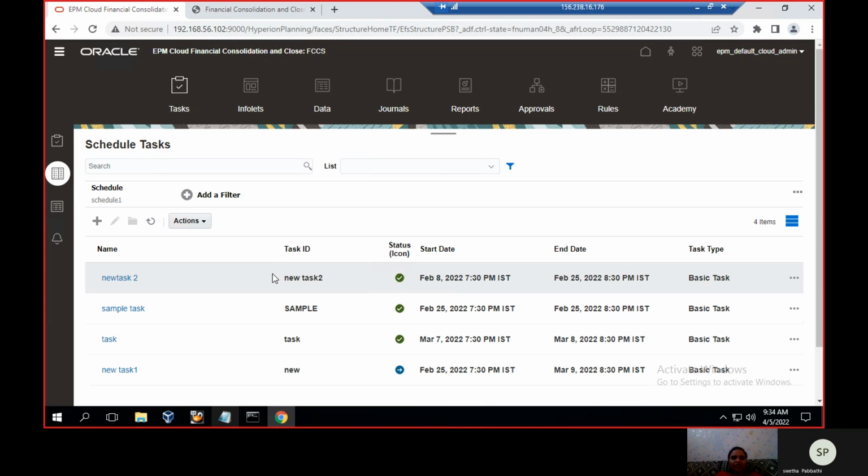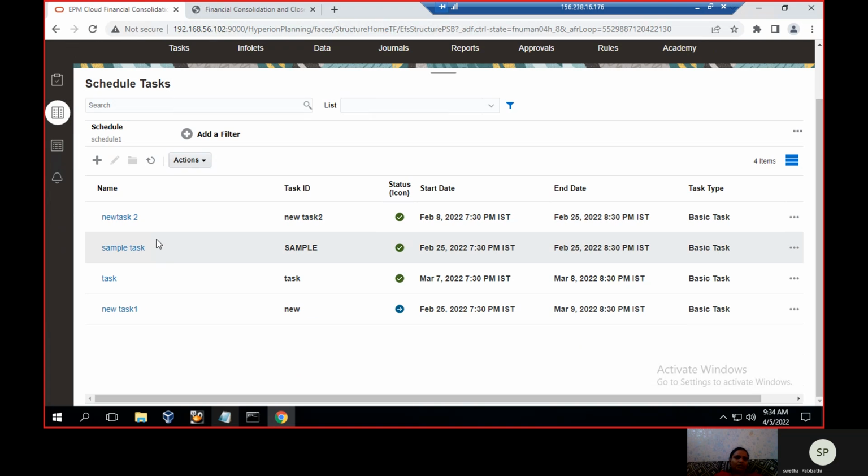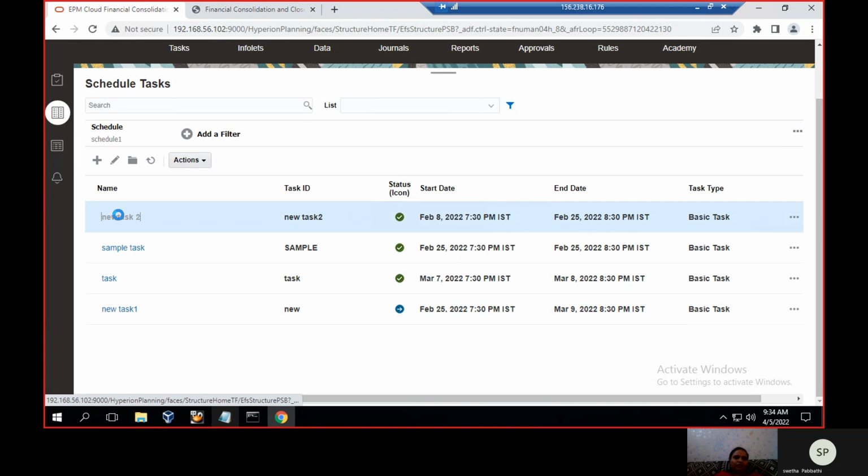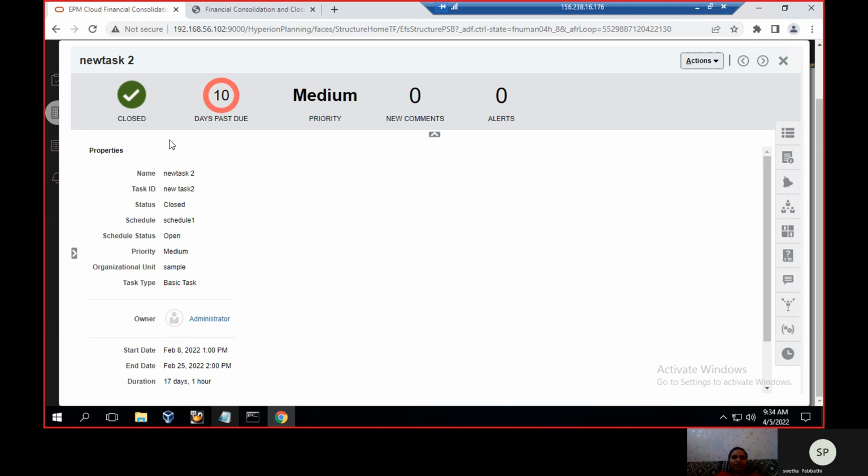So these are the scheduled tasks. Whichever tasks we schedule come to the task tab. There we can see the approval status. So the owner is the administrator. The status is already approved,